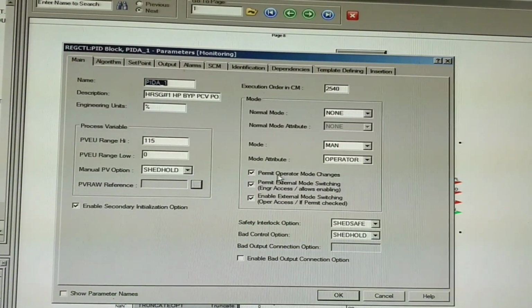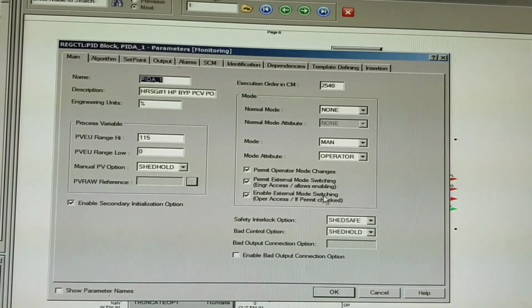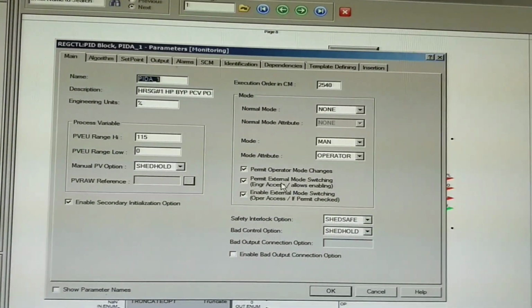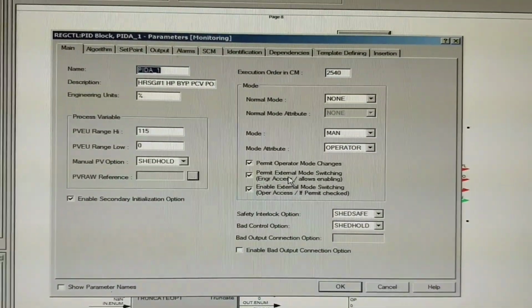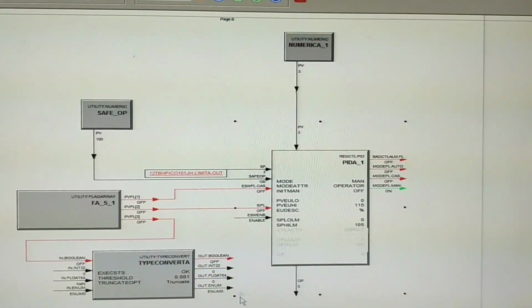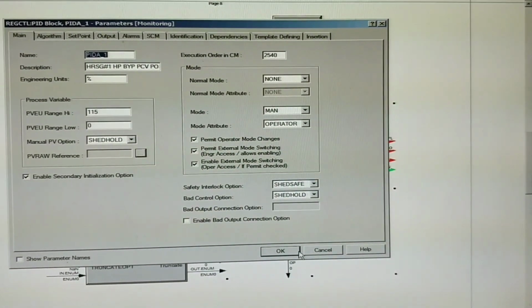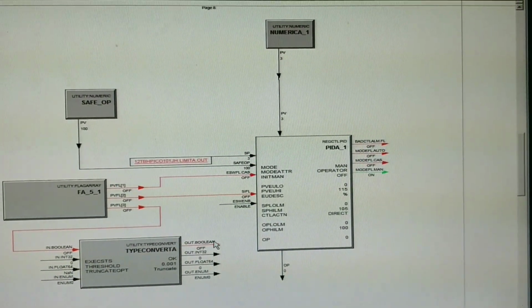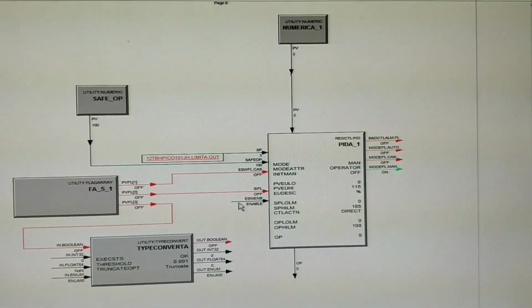Now here you can see permit operator mode changes, permit external mode switching, enable external mode switching. This is used when we want to change the PID controller's status to program. If it is not in that condition, then we will not be able to do that. Okay, here I need to connect this bit to enable switch.